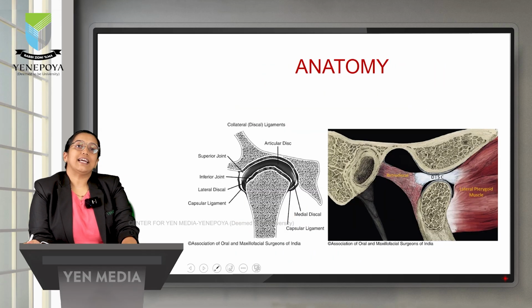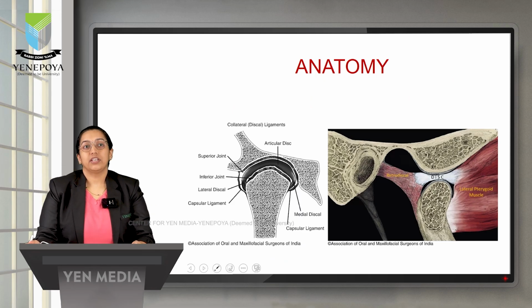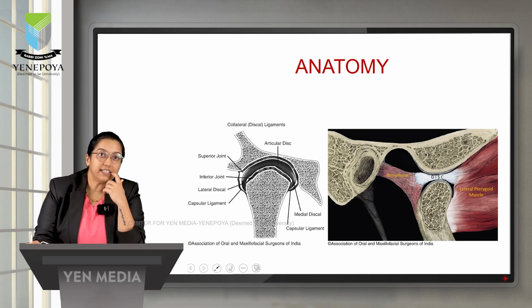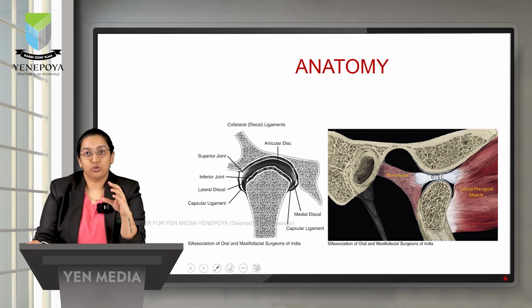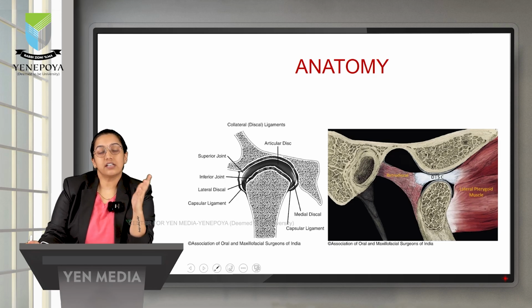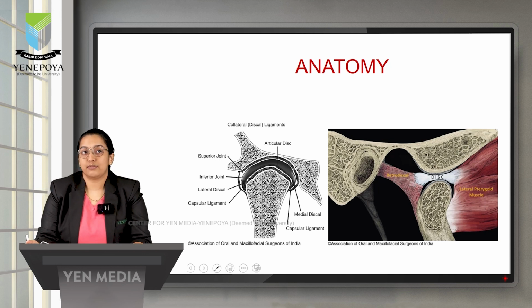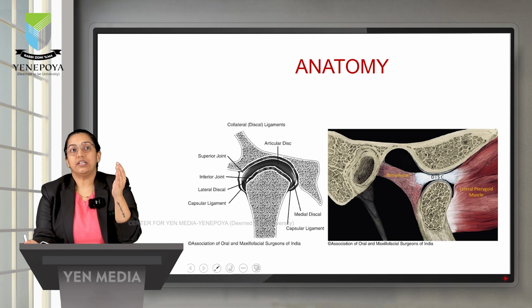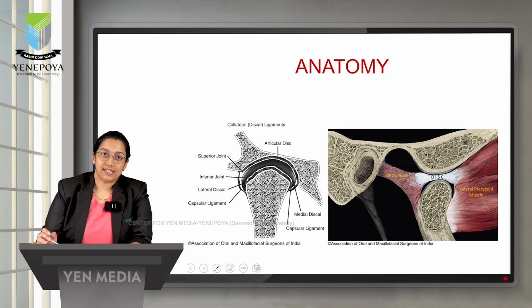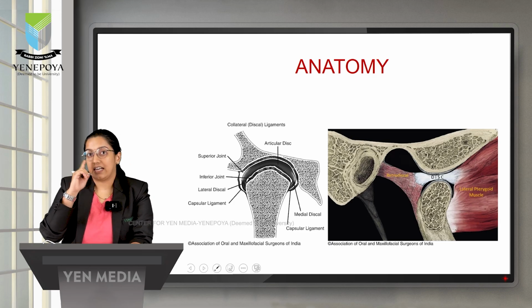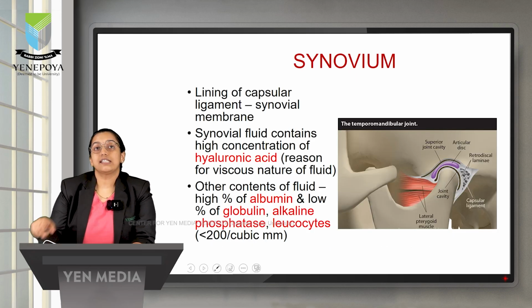So, if you look into the anatomy of the temporomandibular joint, we have a condylar component and a fossa component. There is an articular disc in between both the components, a retrodiscal tissue on the posterior aspect and the muscle attachment on the anterior aspect. There are superior and inferior joint spaces between the articular disc and the bony component. If you look at the synovium,